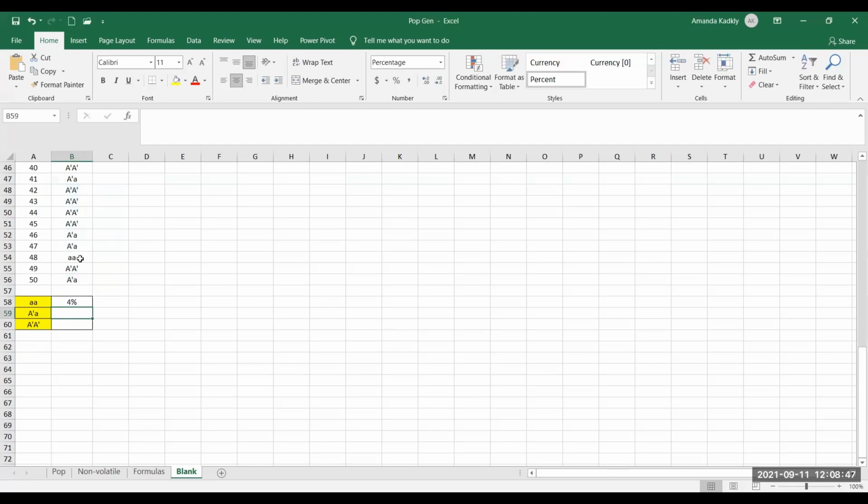And basically 4% of this population have this genotype. So technically you could just count how many have a certain genotype and divide by 50, but we want to be able to use the same function consistently, because we can't necessarily do that if we have blank cells. So then we can just click and drag, and Excel should